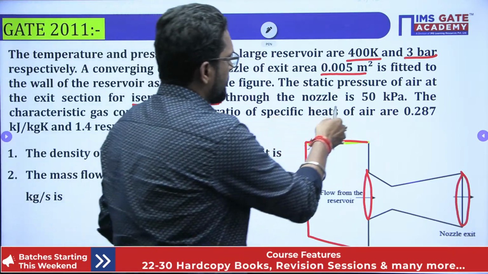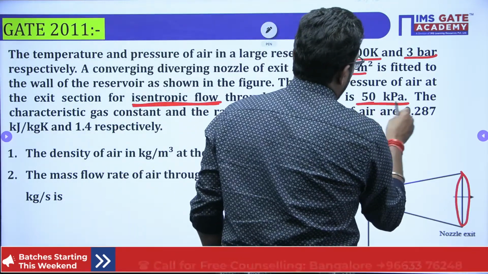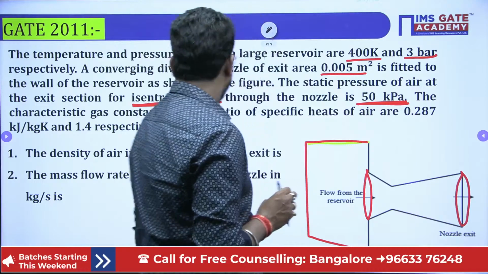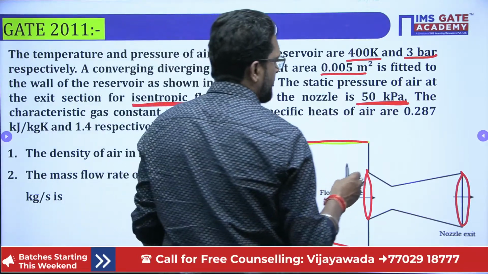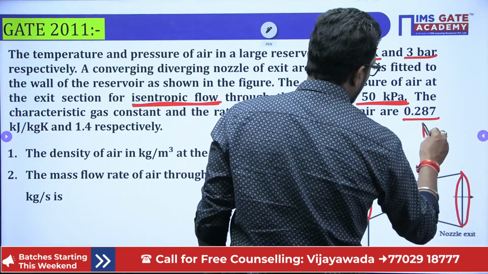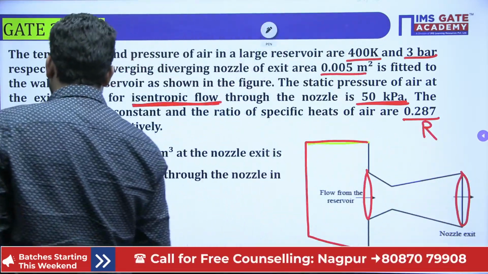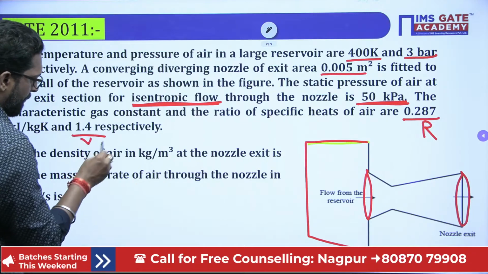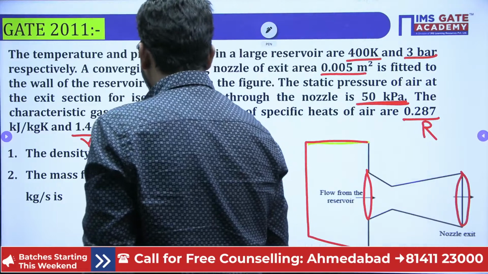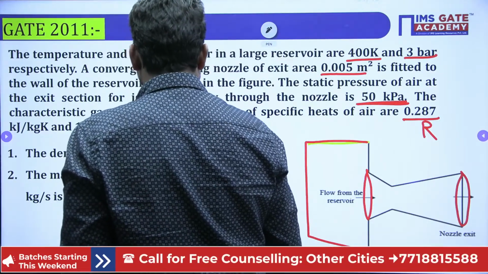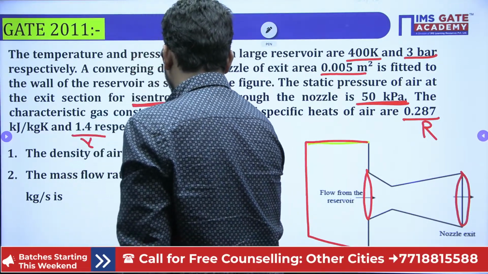The pressure through the nozzle is 50 kilopascal. That means the exit pressure is given. The characteristic gas constant R is given, and Cp by Cv, that means gamma, is given. Okay. Now, the density of the air in kilogram per meter cube, that means if you find the density,